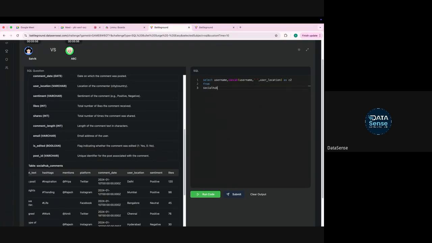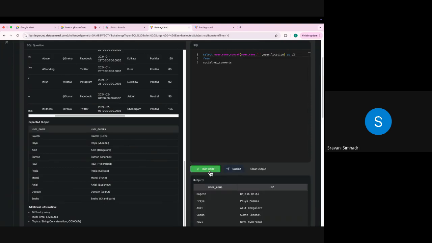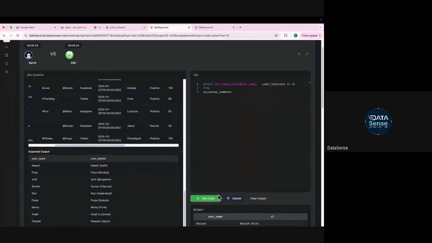social_hub_comments. Let's say this is the query which we have written. We want to generate this. We want a bracket, I think, maybe. Unknown column username in the field list. So okay, it's user underscore name. Sorry, user_name. And you need to add the spaces, parentheses. I got this output, but this is not right. So I need to add those brackets. Before and after the space, one parenthesis. First space, yeah. You can add.